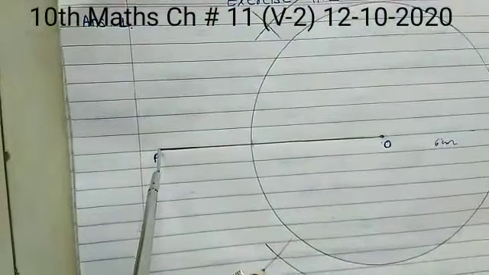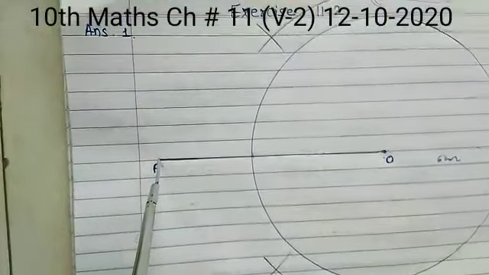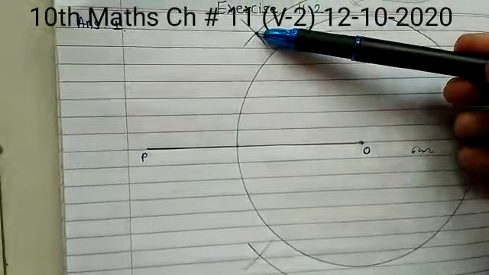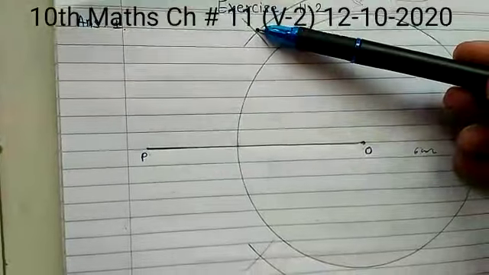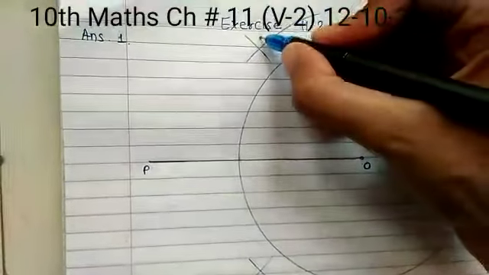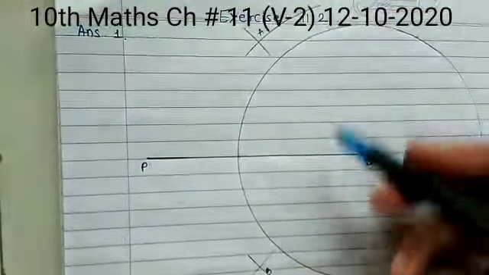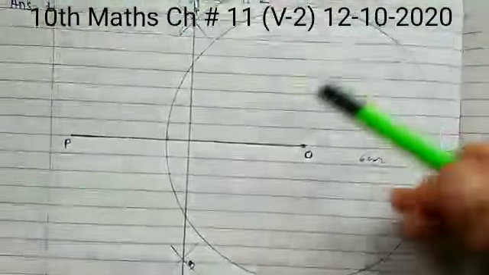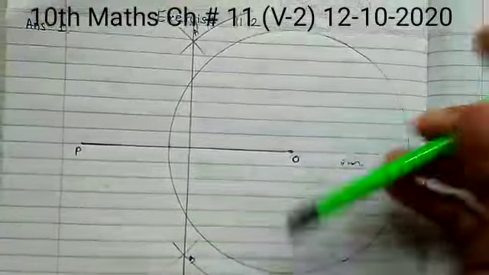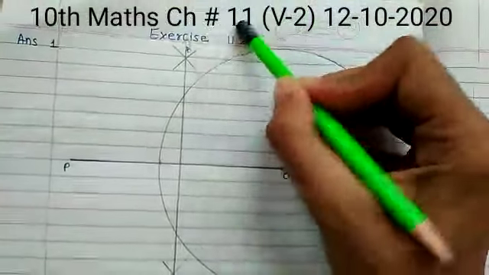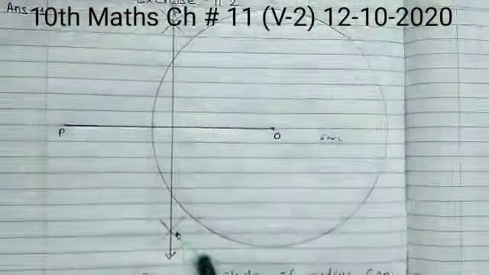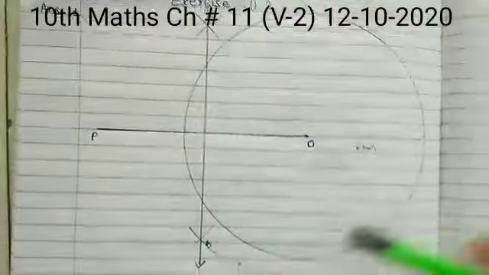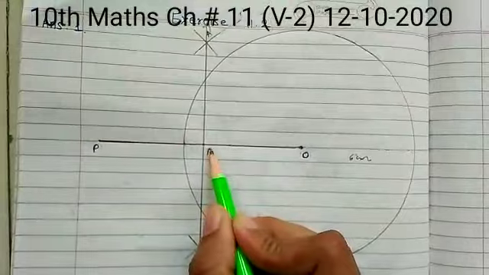Now you have to check that both the arcs intersect each other. Now what you have to do? Join both the arcs at the intersection points, which we name A and B. Okay, join A and B now. Now students, we have joined A and B. If too many lines are there, you have to erase them, because it will not look very good. So just let the arcs remain. Now students, name the point where AB meets OP as M.